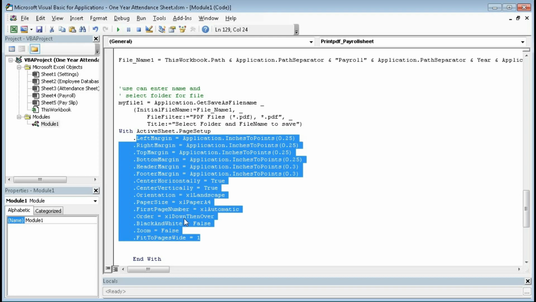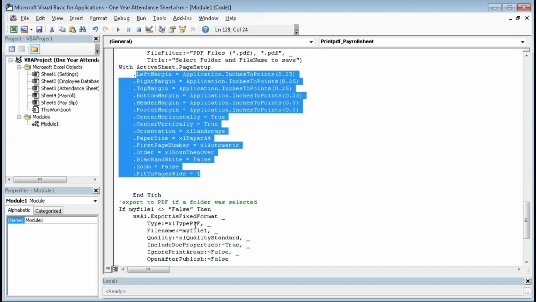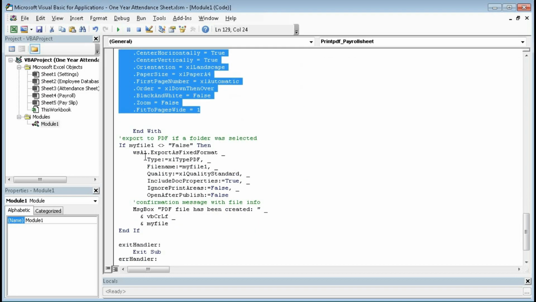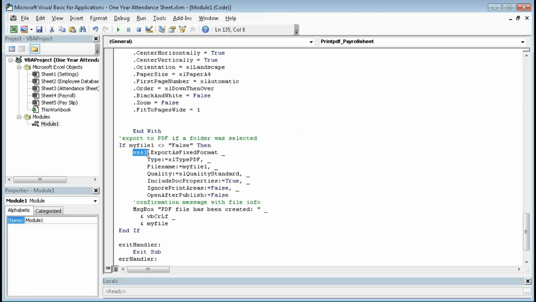Order will be xlDownThenOver. BlackAndWhite print false. That means it will print as PDF colored. Zoom false. FitToPagesWide 1. And then, if myFile1 is not equal to False, that means if the file name doesn't exist, then